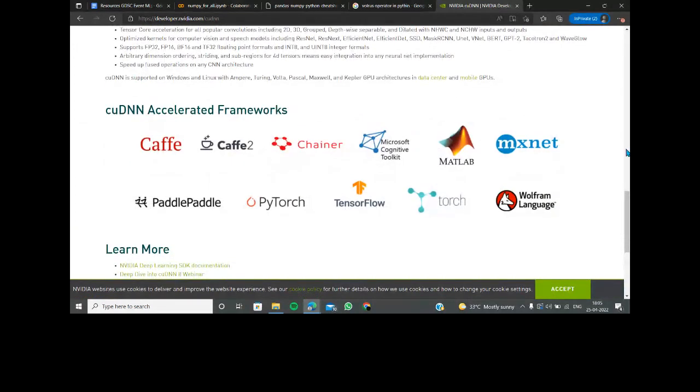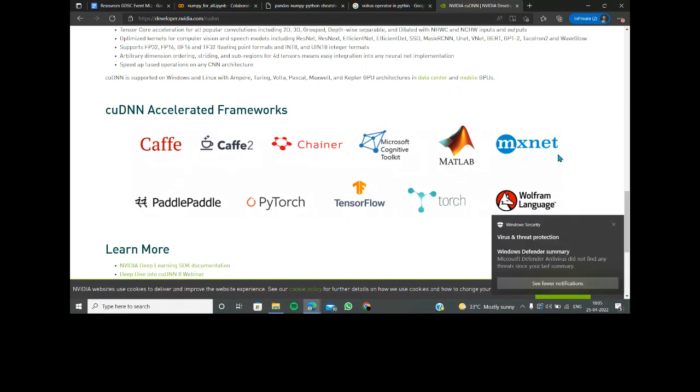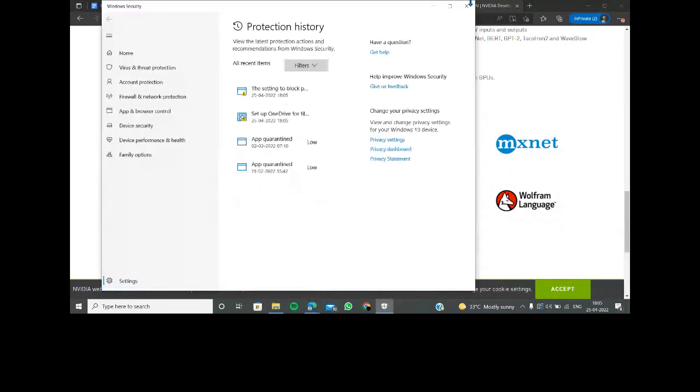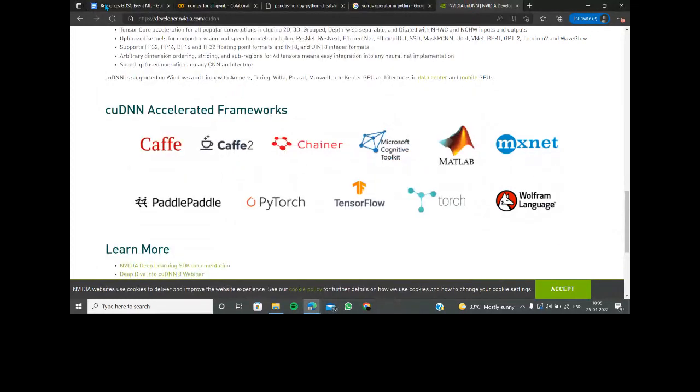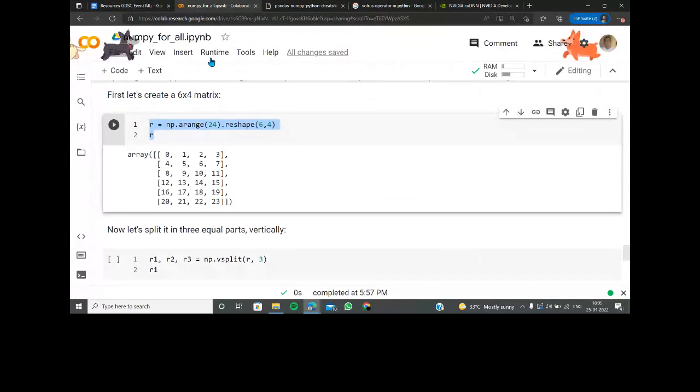So you guys can check out all these, and now you can come back. And Wolfram language, MXNet, Paddle, you guys can go out and check out any of these frameworks. These are supported for machine learning operations itself. So if you think of all these different pixels that are coming right now, it's still going to be matrices at the end of the day. So keep that in mind.